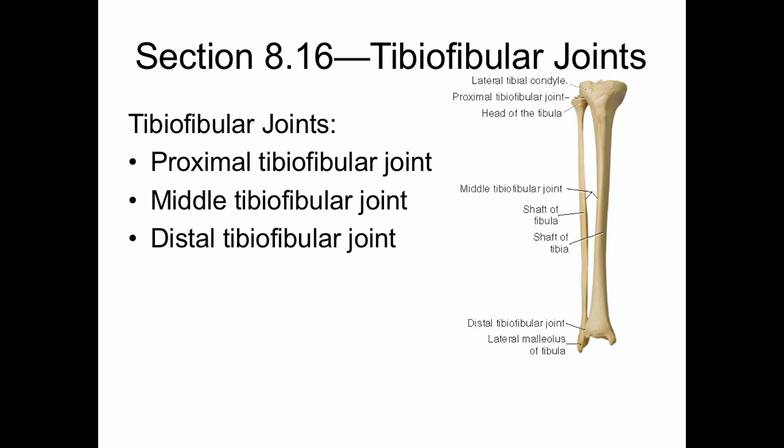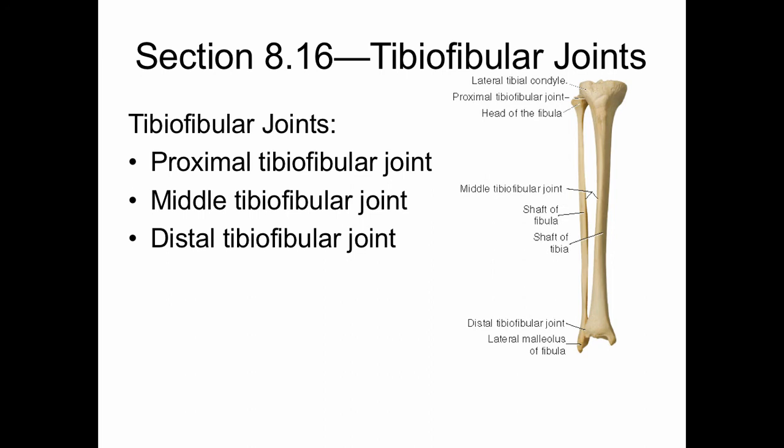The proximal tibiofibular joint is between the lateral condyle of the tibia and the head of the fibula. The middle tibiofibular joint is formed by the interosseous membrane that unites the shafts of the tibia and fibula. The distal tibiofibular joint is created by the articulation of the medial side of the lateral malleolus of the fibula and the fibular notch in the distal tibia. The tibiofibular joints allow non-axial superior and inferior glide motions at the fibula